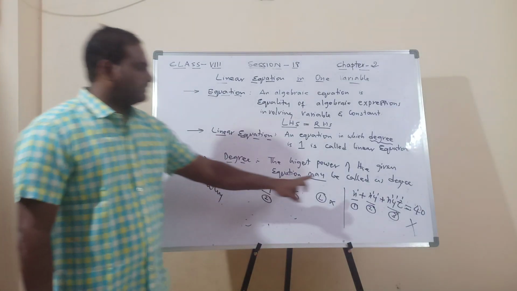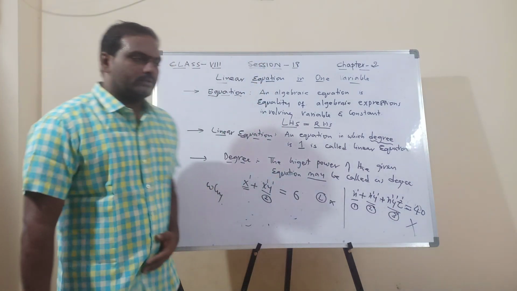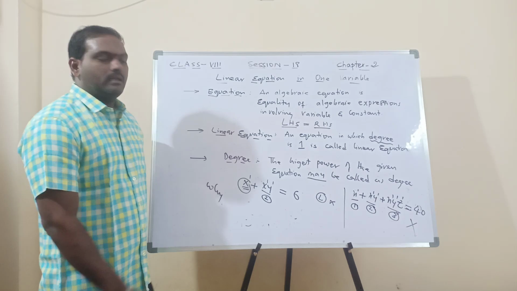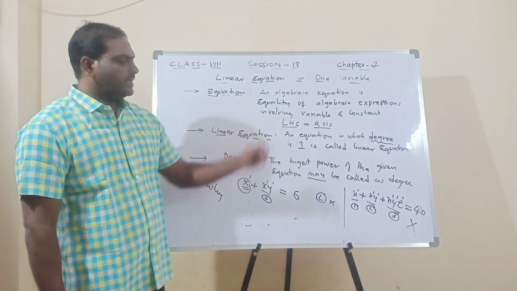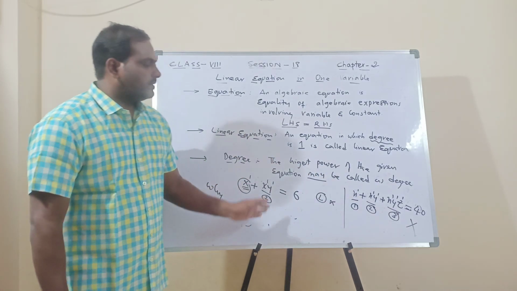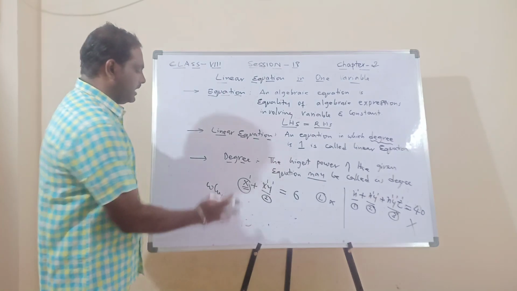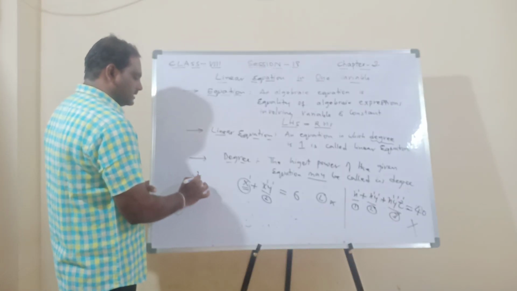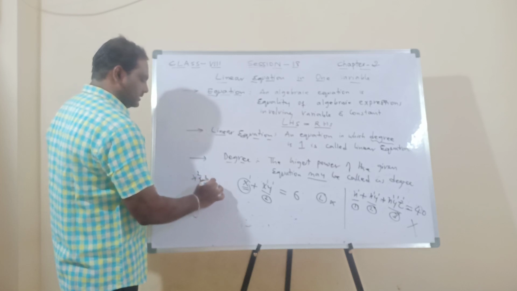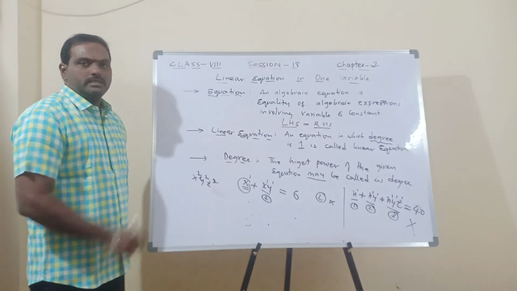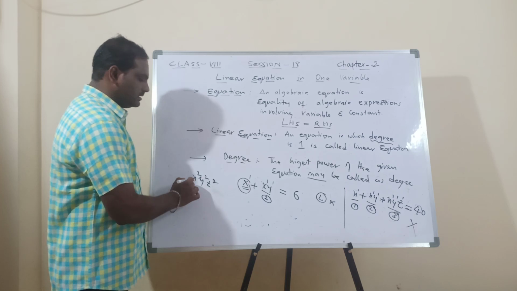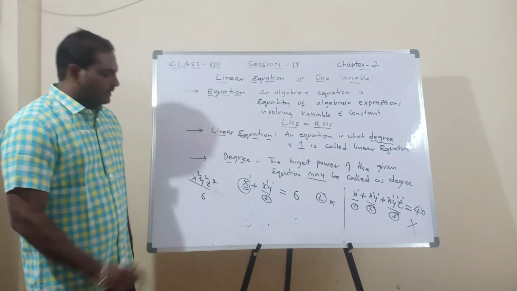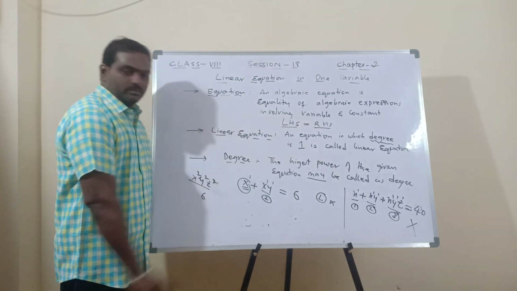So if only one variable is given, it's okay. If it is a combination of 2 or 3 variables, then what do we have to do? We have to add the powers. Okay. Now answer this question. What is the degree of x square y square z square? What is the degree of that equation? Can you guess? Don't write 2. It is 6. Why 6? 2 plus 2 plus 2.